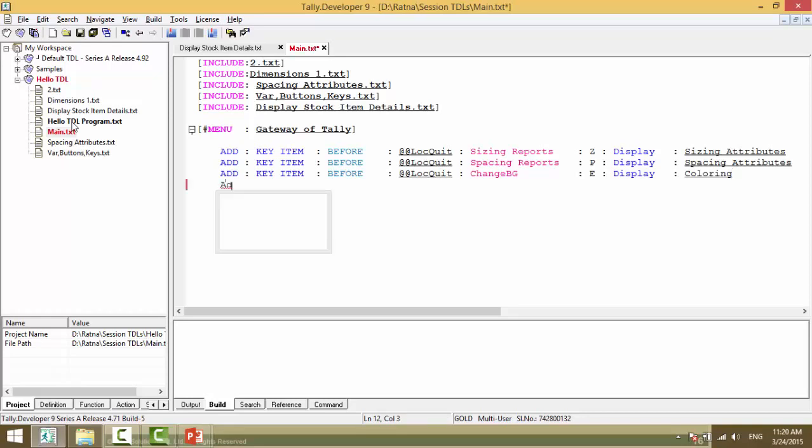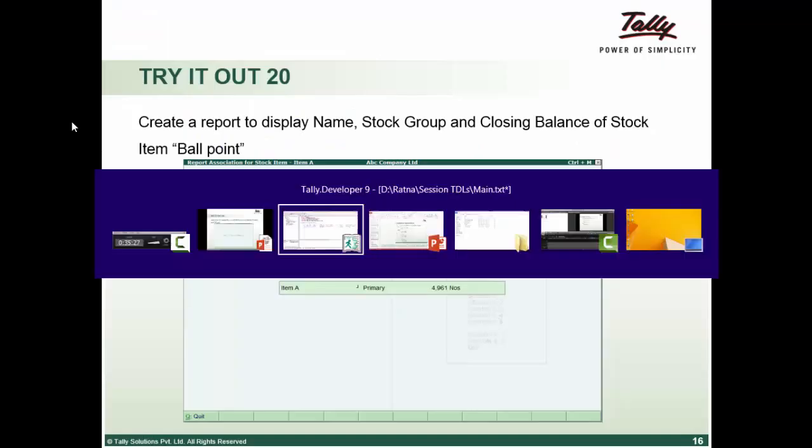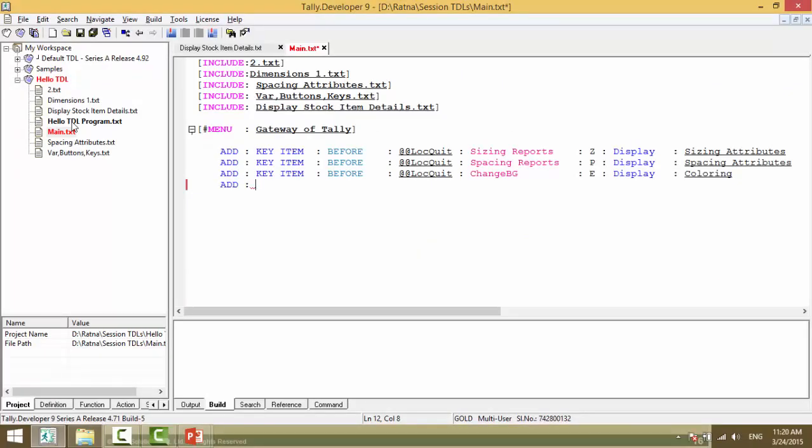Now we will add... right now what we did is we have added everything directly here. Now what we will do is, in Tally, as you have seen, we have a display menu, and inside the display menu we have all things, right? So here also we will add